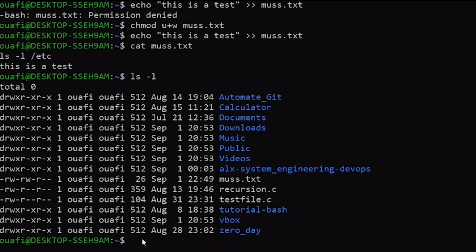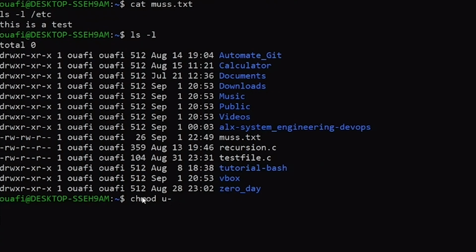Oh, by the way, you can combine the bits or permissions as well. You don't have to do chmod u plus x and then run another command with u plus w and stuff like that. You can combine them. I'm gonna remove everything that I have. So u minus rw, and I'm gonna do the name of the file, must.txt. If I do ls -l,